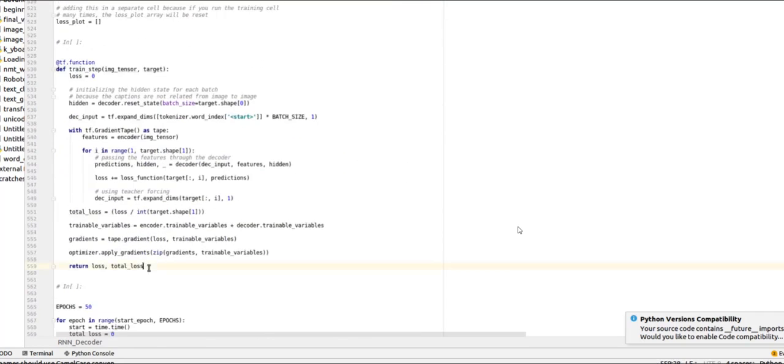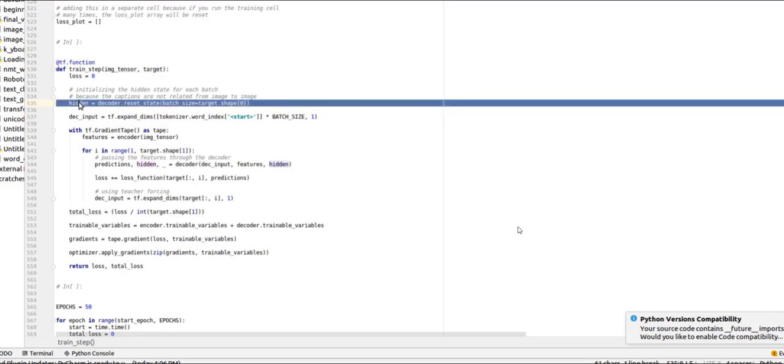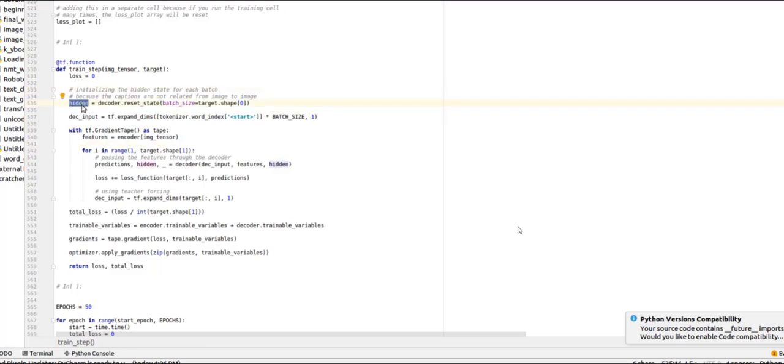For training in TensorFlow version 2, it's really simple. You just call the training function with the tf.function decorator, where the input is the image tensor, and the target vector is the JSON after the JSON parser. First, using the decoder we extract the last hidden layer, and we do this because the captions are not related from image to image.